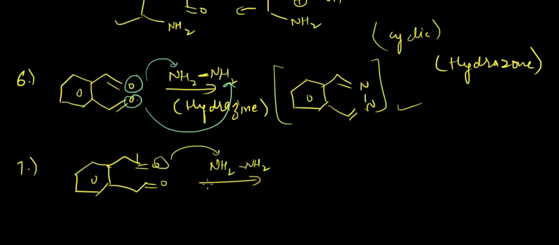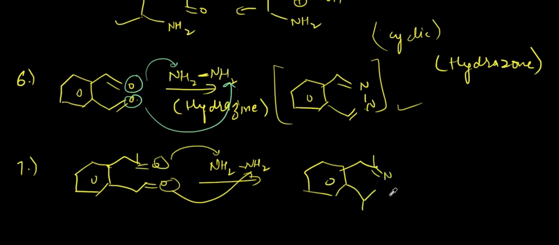Again this O will attack on this hydrogen atom, and this O will attack on this H2. Again you can call it hydrogen or H2, because ultimately water molecule would be released. So we'll be getting something like double bond N here, double bond N here, and these two nitrogen atoms were already previously connected with each other. Okay,